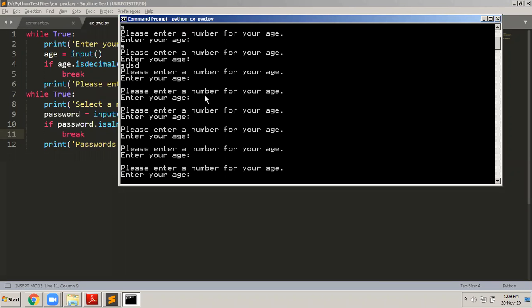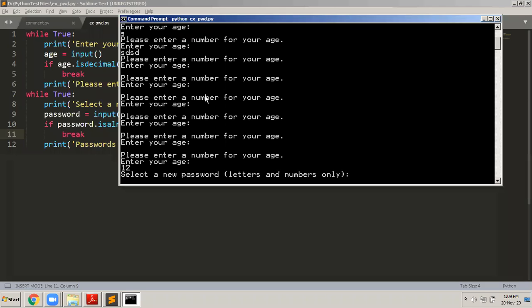The moment I enter a correct age, let us say 12, then it says select a new password, letters and numbers only. So now that I've entered a proper age, it takes me to the next line and says please enter a new password. So I enter test123 and I put some special characters, hash. Passwords can